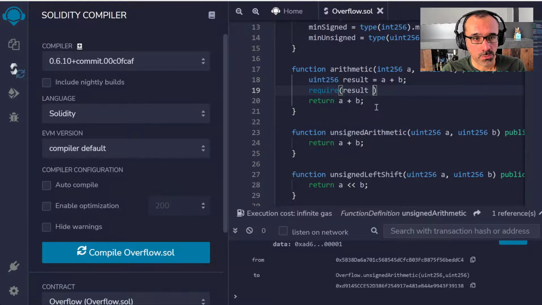So I need the result to always be bigger than or smaller than, one. So my listing, copy.